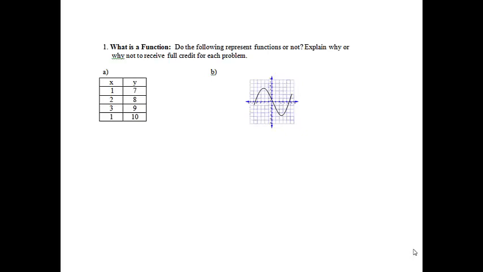1. What is a function? Do the following represent functions or not? Explain why or why not to receive full credit for each problem. Okay, the first one is a table, so what we're going to be looking at is the input and the